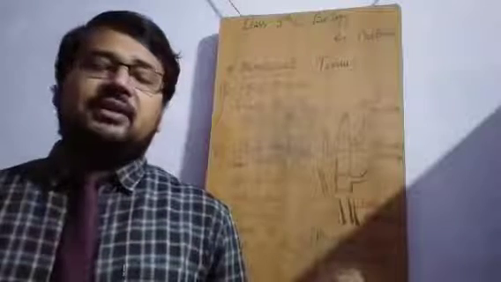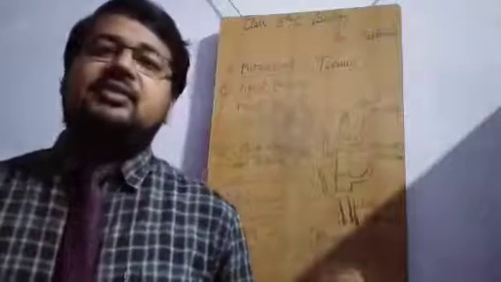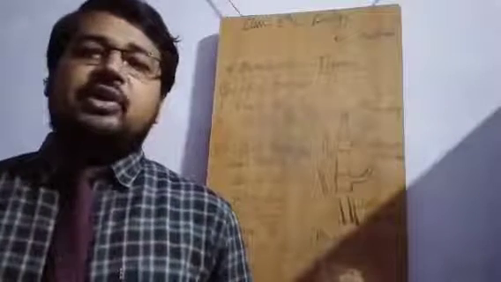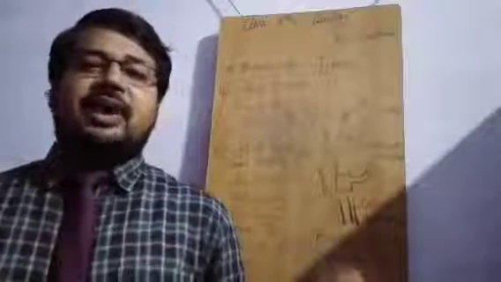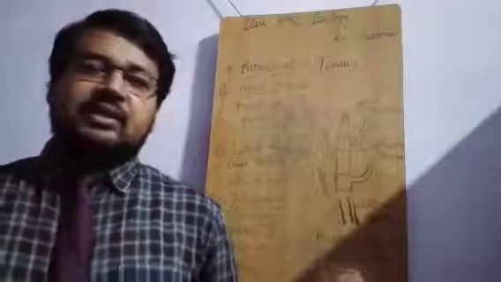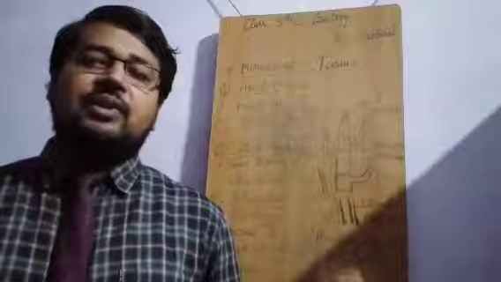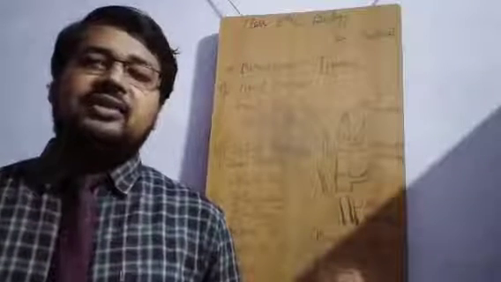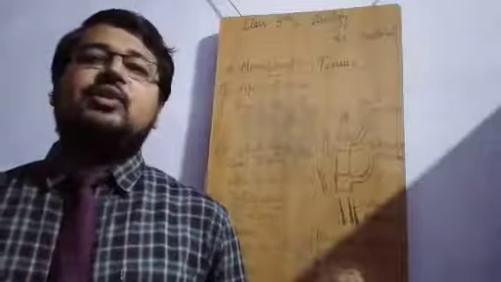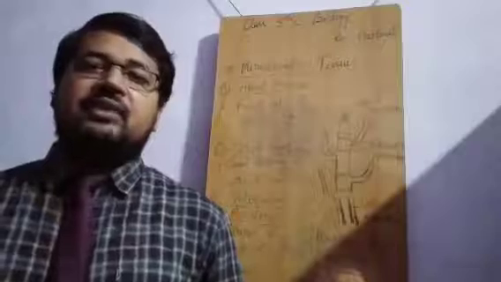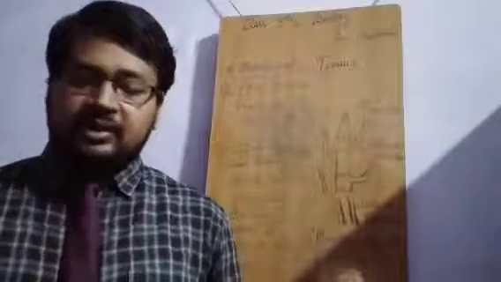So this is the basic difference that is present in animal and plant body. In animal body the growth is uniform, while in plants growth is not uniform. As we discussed in our earlier classes, in some parts of the plant growth is rapid, in some parts the growth is slow in comparison, and in some parts the growth is stagnant. There is no cell division, only permanent tissues are found in that part of the plant. Okay, so I think this is clear to all of you.